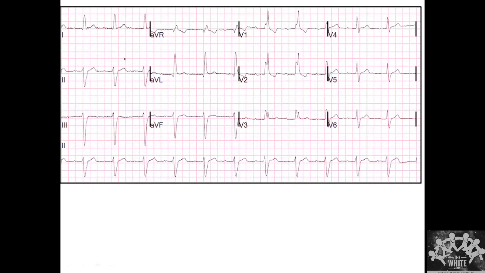Then the next thing is, once you have said it is a wide QRS, then you see there is a bundle branch block. So we saw there is a bundle branch block morphology. There is an RSR here. Here we don't have a wide S wave. We have only a Q wave, R wave here, and the T wave is in the same direction. So this is positive concordance.